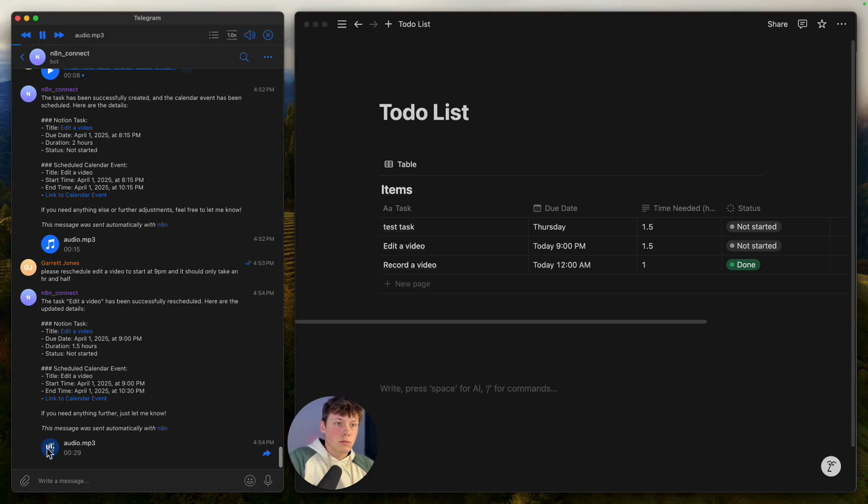The video editing task has been rescheduled to April 1st, 2025 at 9 p.m. lasting 1.5 hours. It is currently marked as not started. For more details, visit the Notion task here,